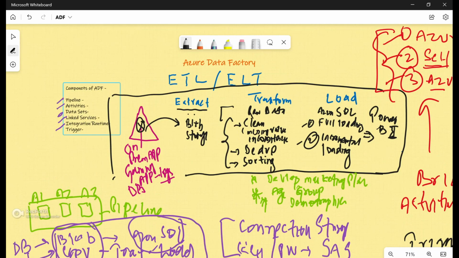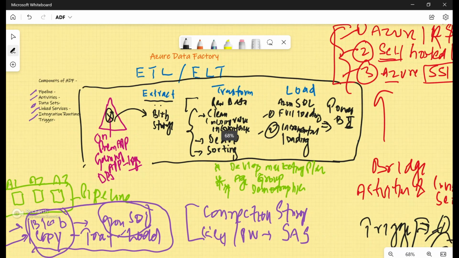But the important thing is that these are the different components which are involved when it comes to Azure Data Factory: pipeline, activity, dataset, linked services, integration runtime, and trigger. But the big picture is that this is an ETL or ELT tool, extract, transform, load, or extract, load, and transform. The whole idea behind this drill is that you want to make business sense of your applications and the data which is being generated, so that you can use it for your own benefit, for your own organizational need. You can make intelligent decisions on the basis of that data, which sometimes is not human readable, right? Those logs, and you want to make sense of that to maybe improve the overall efficiency of your organization, develop a marketing plan, target a specific age group if they are buying certain products,